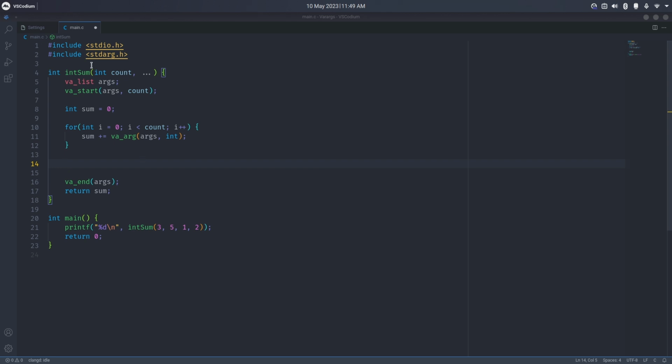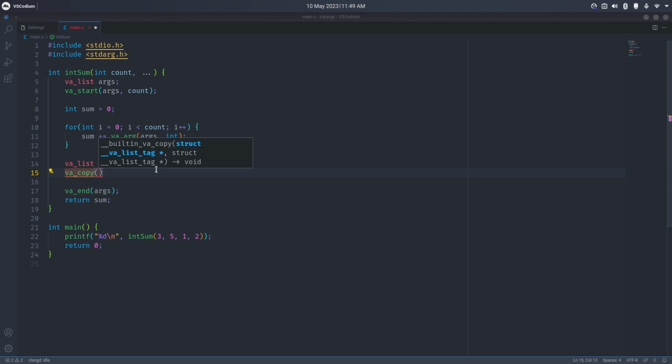Suppose you want another function, and you want to pass along the variable arguments the way that we did before with printf. What you can do is make another VA list, args2, and then say VA copy, and the destination is args2 and the source is args. So this is just if you want to make a copy of your VA list before you start messing around with it. I'm pretty sure, for example, if you copy this up here, before you access the args,